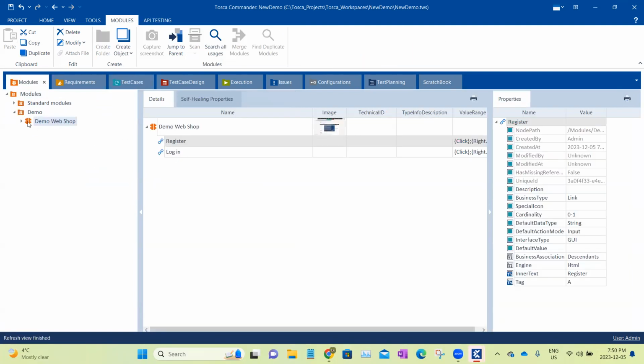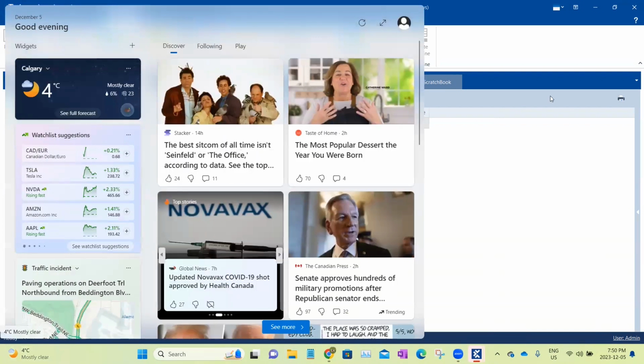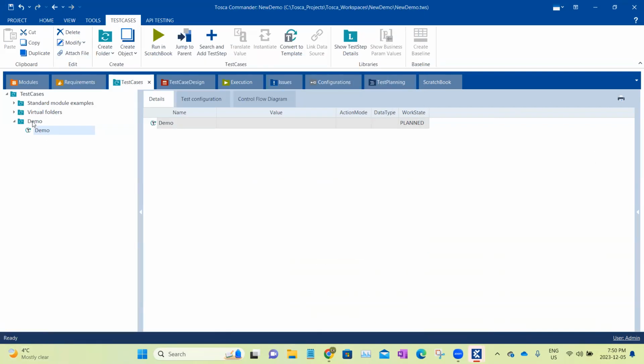Then all you do is drag your module and drop it over here. This is one way. Some people find difficulty in dragging and dropping. In that scenario, what you can do is, I deleted the dragged and dropped module so that I can show you another example. Click on your test case and you can see a plus icon here, right? And it says search and add test step. The first step is we want to click on this particular register button. So just click this one,